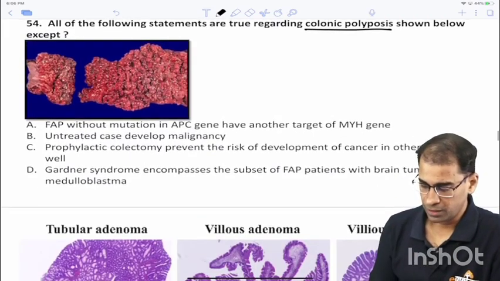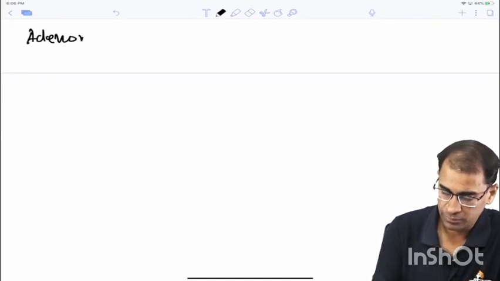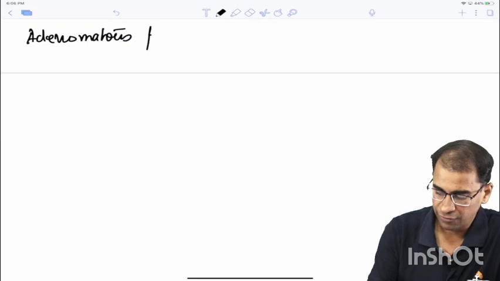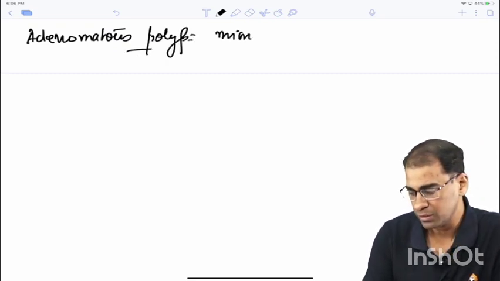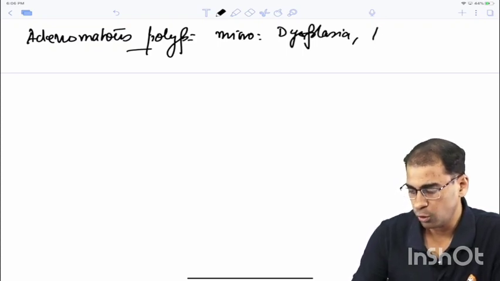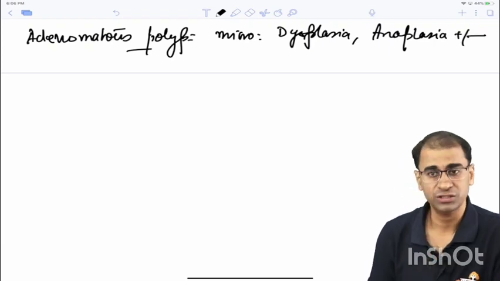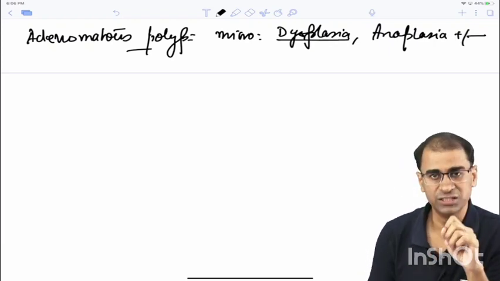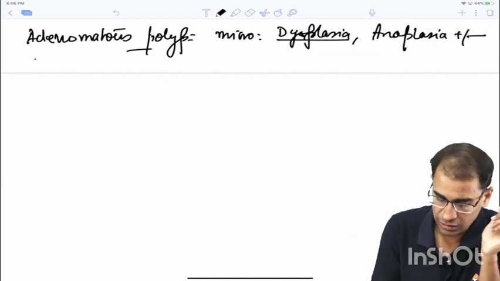Look, adenomatous polyp. Remember, why am I calling this a malignant polyp? Because in microscopy they show dysplasia. They may also show anaplasia, plus minus anaplasia, but because they always show dysplasia, it is malignant by nature. Malignant by nature. The morphology wise, in the gross morphology,